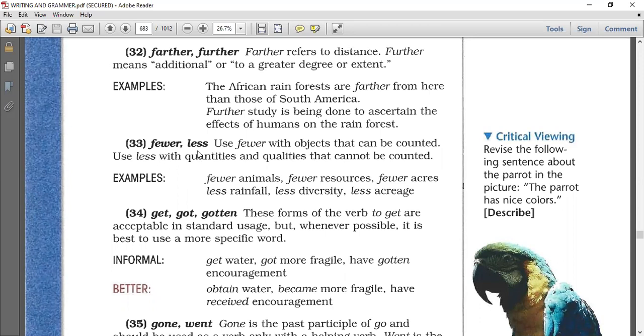Fewer and less, and this is a very common mistake. Remember, guys, that we use few with objects that can be counted, countable nouns. And we use little, from which we get less, with non-count nouns. So don't